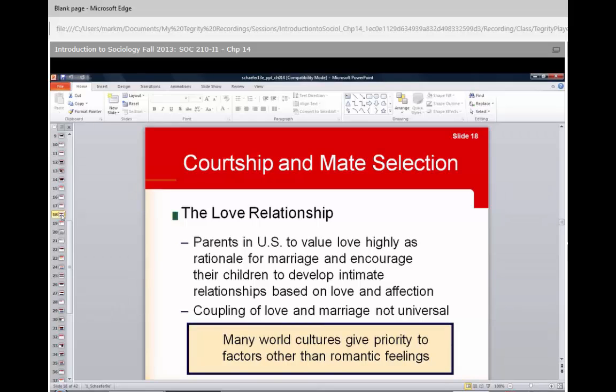Now, this next slide mentions the love relationship, and the idea here is that parents do want to help their children succeed, and so they do try to help them base these relationships on love and affection, and that's true, I think, in the United States. But what about places where love and affection is not seen as serious for your children when they make these decisions? There's lots of places that have arranged marriages, is what I'm thinking of right now,